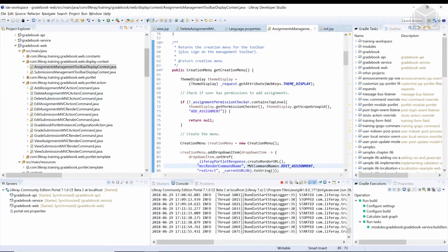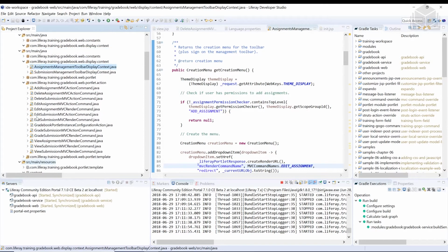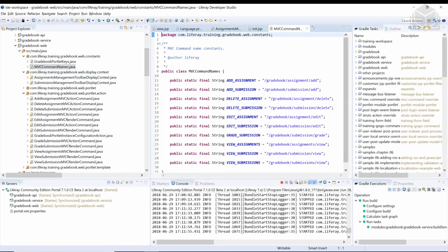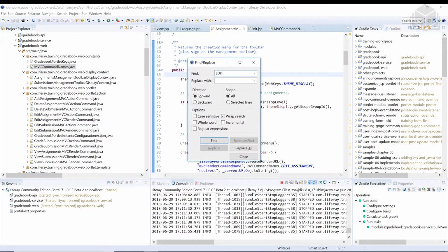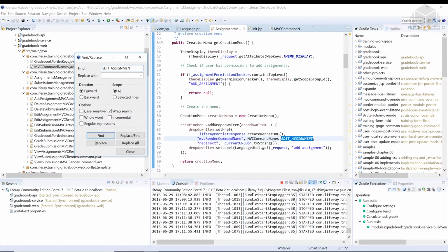All right, and since we abstracted out all of the names here, I'm going to head over to my constants folder or constants file. So constants, MVC command. So gradebook assignment edit is edit assignment. All right. Back over here, Control F, EDIT_ASSIGNMENT in all caps. So it looks like using Clay, we have the